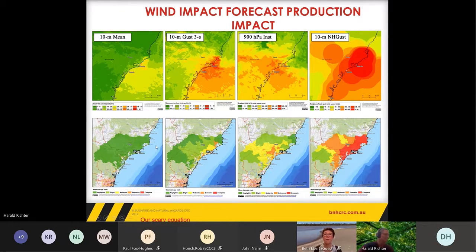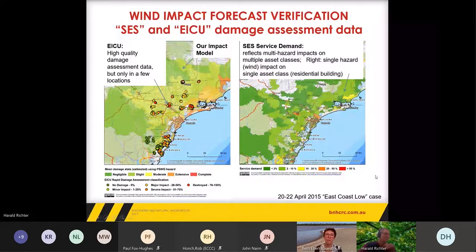We can effectively produce not just negligible impacts if we use the 10-meter mean wind. We can then ramp it up as we step through using the gusts or the gradient level wind at 900 hectopascal a kilometer above the ground, or we can make things look really scary if we use this neighborhood wind gust method. So now comes the verification part. This was the production part of the